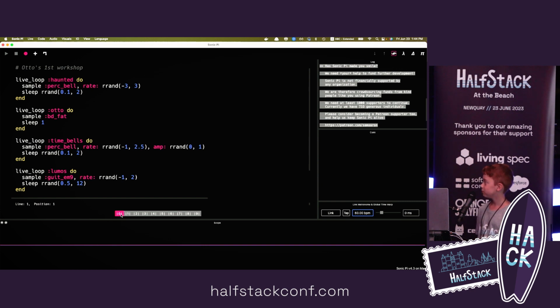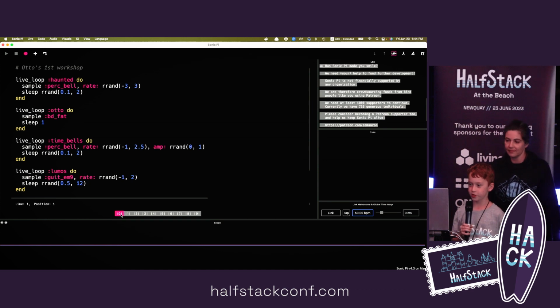Yeah, cool. Do you want to walk us through the first code that we wrote together? Yeah. Is this it? Yeah, that's the one. In the first session that we had, I was kind of just learning the basics, like how to do a regular live loop, samples, rates, rands, which is basically just arrange, dot choose, do and end, and how to name stuff.